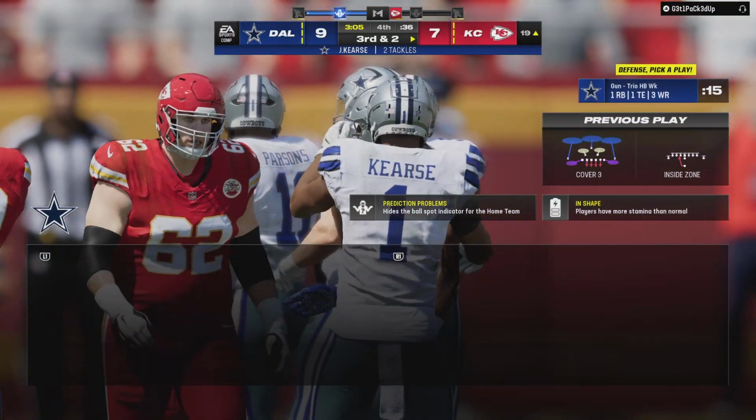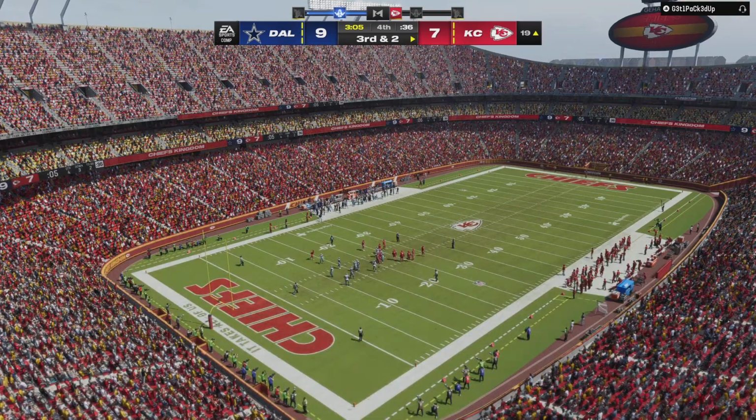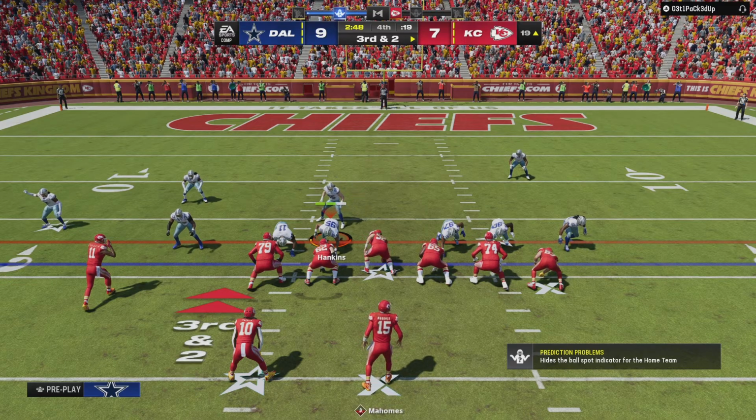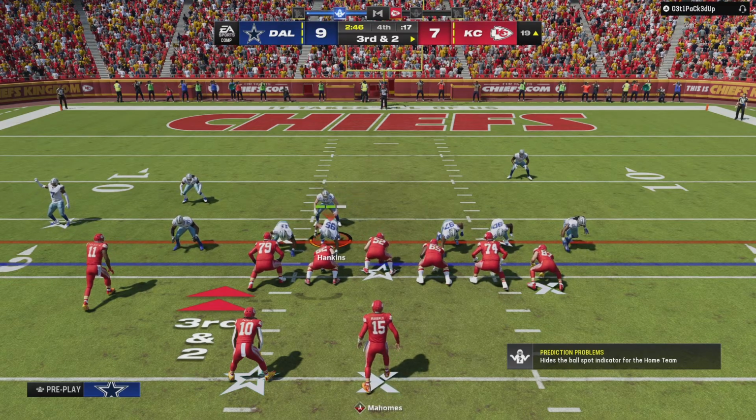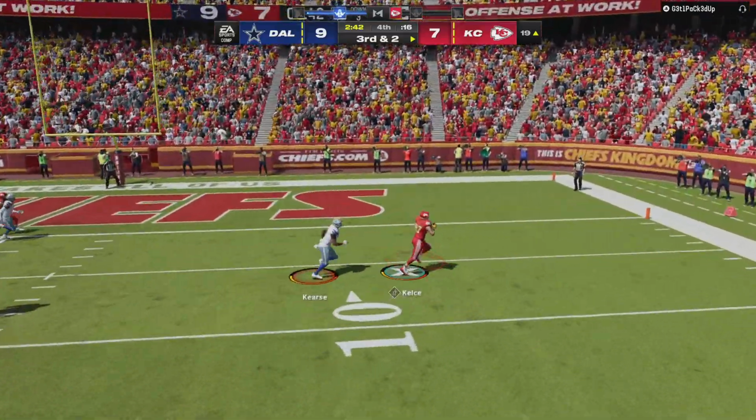Oftentimes we praise an offense for their variety of being able to hit people with the run and the pass, but in this game, how about what we're seeing from the safeties? They are all over the field. Doesn't matter if they threw it or if they're trying to run it. I don't think we've ever awarded an MVU, most valuable unit, but you're right, it might go to them in this